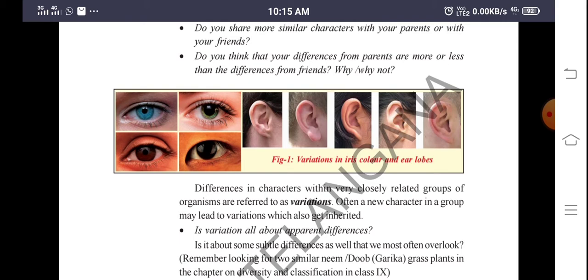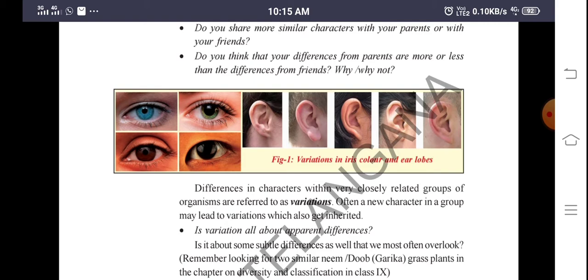You can see the first box, the blue colored iris, and a green colored one like this. So in the iris we can see variations, and when you take the external ear also there will be changes. You can see that some part of the external ear is attached to the head like this. You can see a number of variations here. They have given 5 external ears. There will be variations. Here we can see 4 members, and in the eyes there are maximum changes among the 4 members.